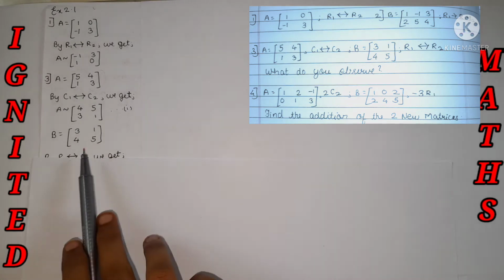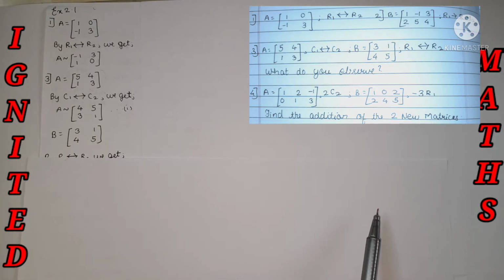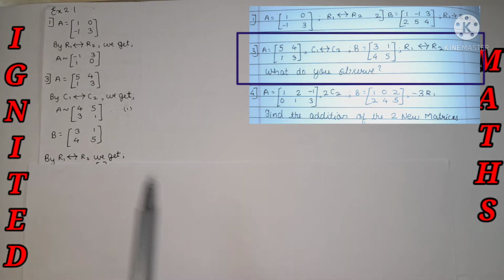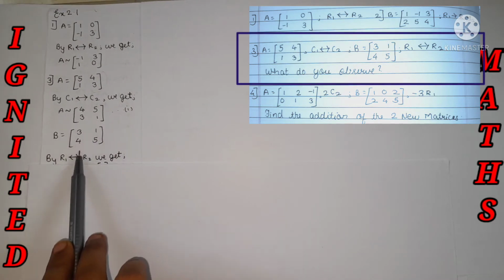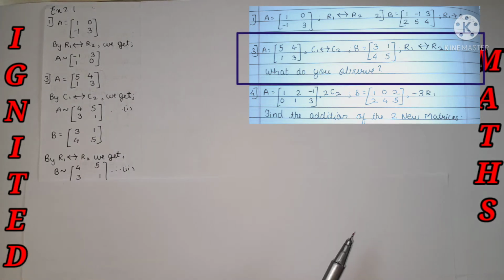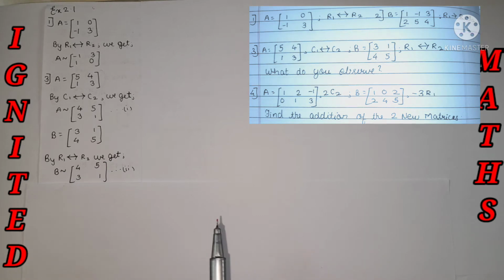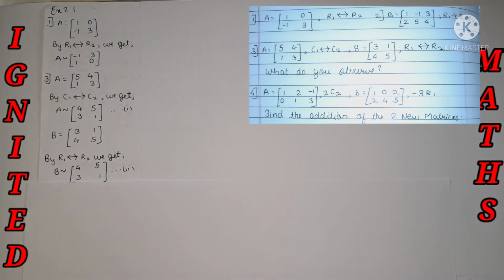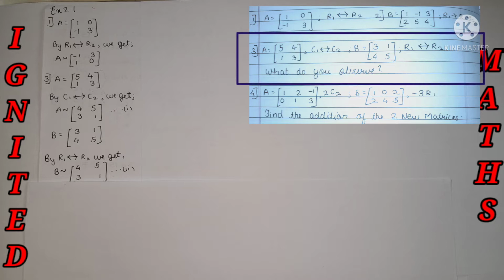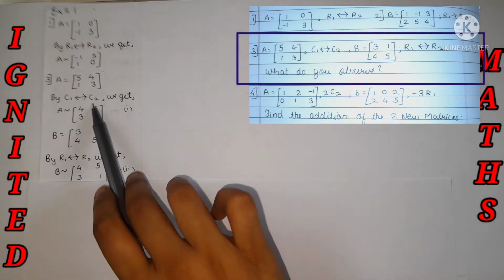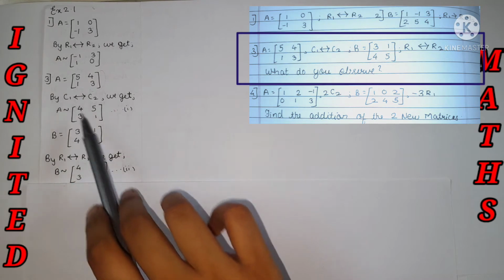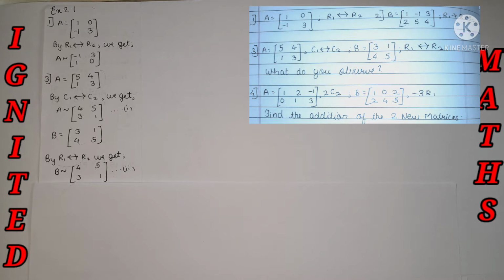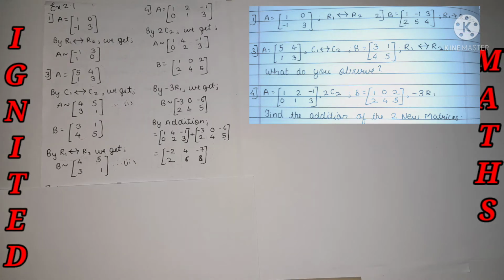For the matrix B, here also they have given a certain operation, that row 1 should be interchanged with row 2 and row 2 with row 1. So this is my row 1, row 2, and this is my column 1, column 2. Just interchange row 1 and row 2, and that's the answer. So what do you observe? From equation 1 and equation 2, we observe that the new matrices are equal. After doing the transformation these two matrices were equal, so we need to write that A and B are equal.